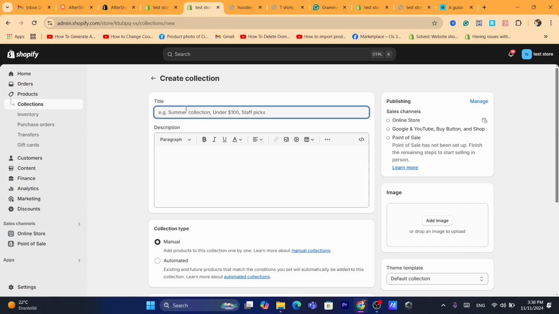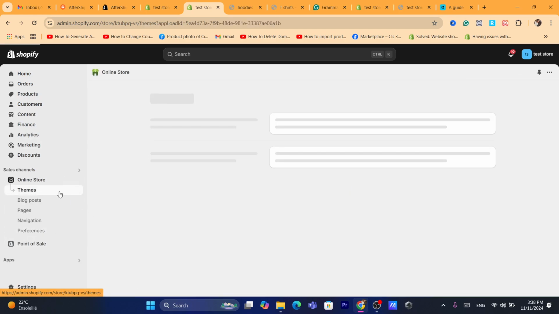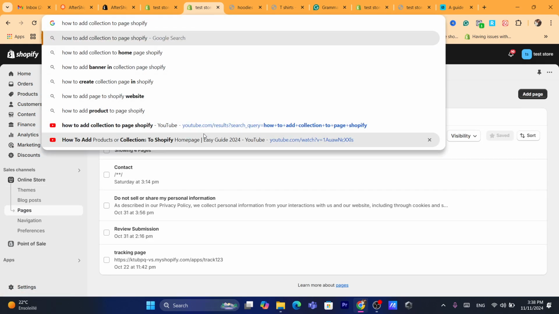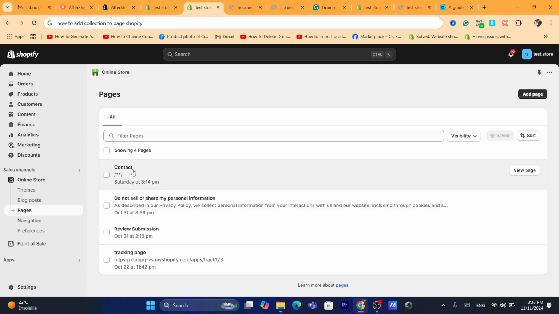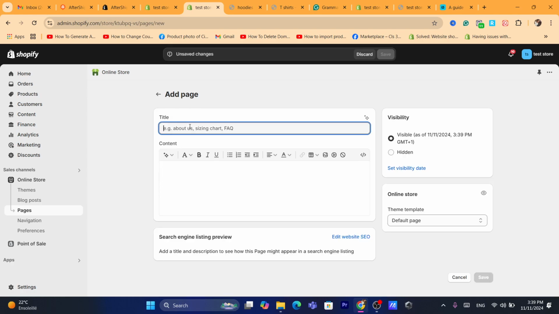create a collection here. Okay, so after you create a collection, what you guys need to do next is you want to click on online store, and you want to click on pages. Okay, so if you already have the page here, that's good, just ignore this. If you don't have a page, you want to click on add a page, and you want to name this page. For example, I have a clothing store, and I'm going to add collection of t-shirts to this page,